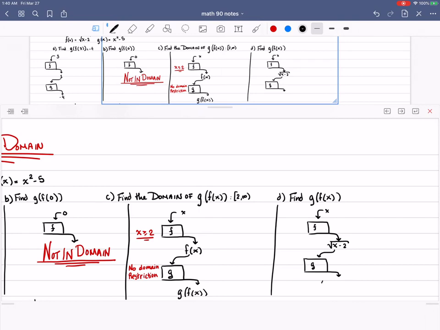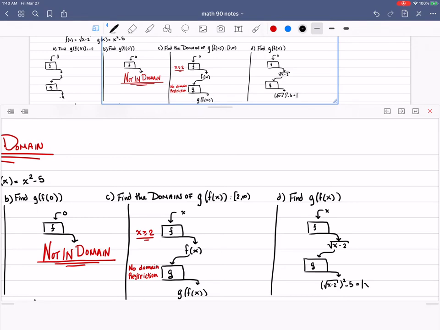So I'm actually going to write that. We have the square root of X minus 2 squared minus 5. And when we square the square root of X minus 2, what we get there is technically the